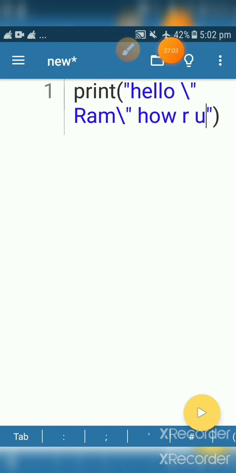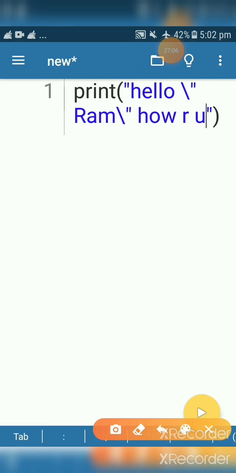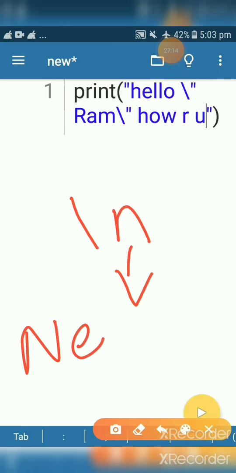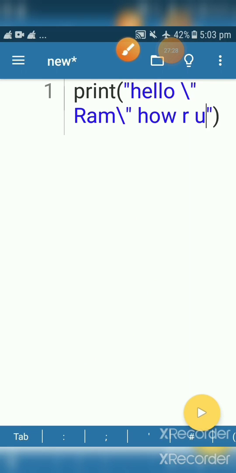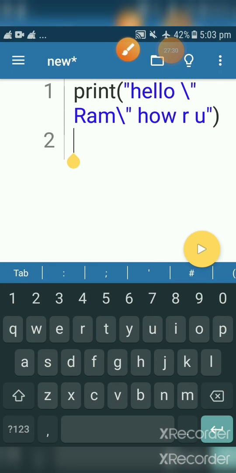Okay, now let's use \n. Now \n is used for the next line, new line. If you want to print something on a new line, you have to use \n. That is for new line. So let's see. Now enter.